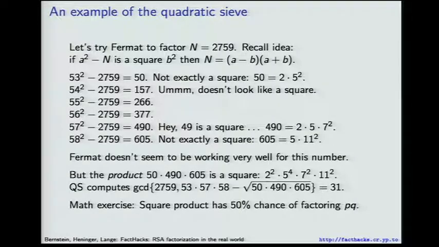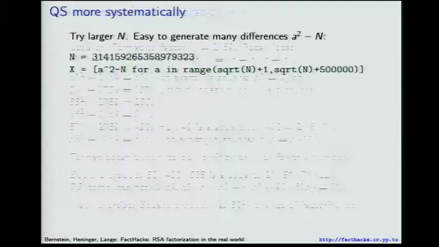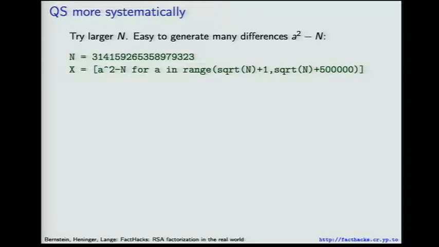Now, you can try this for bigger and bigger numbers, and actually this keeps working. As soon as you find a square product, then half of those square products are going to factor n. So that's how the quadratic sieve works. And here's a more systematic script for it with a much bigger number, which if it were just hocus pocus, this wouldn't work. But this does work. So there's a number